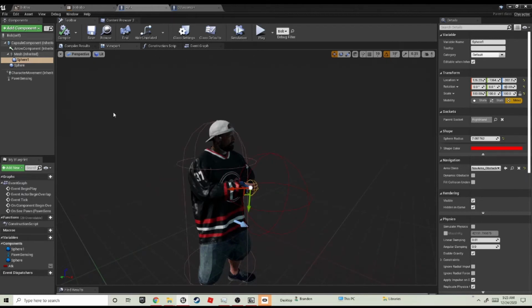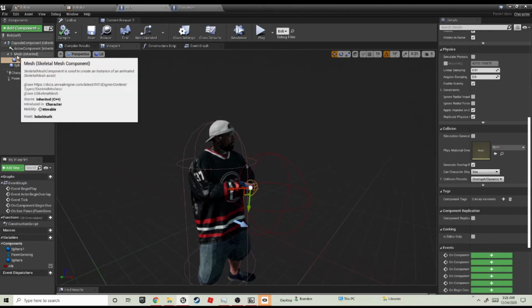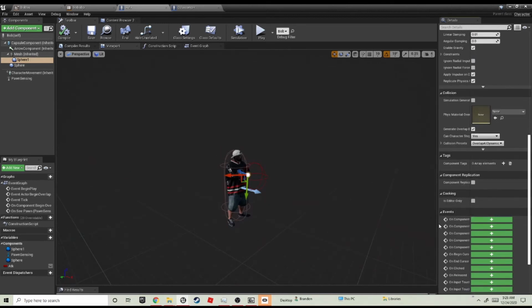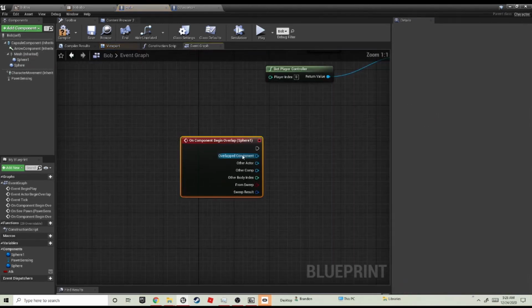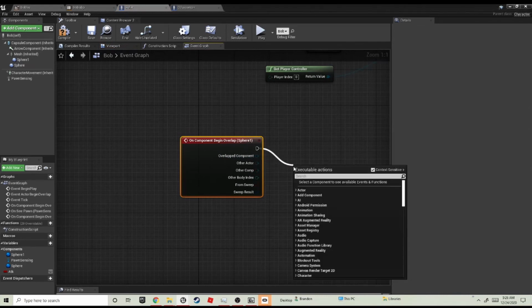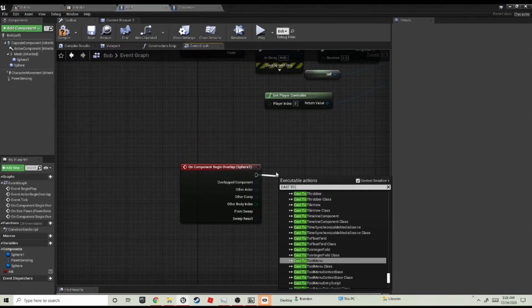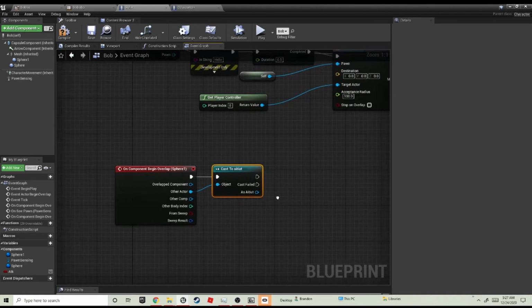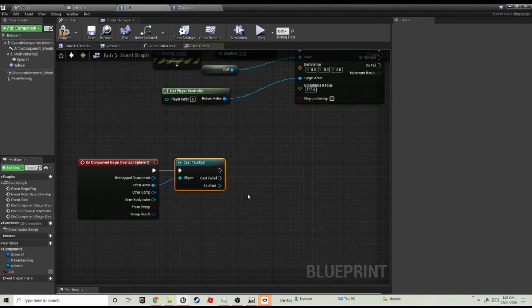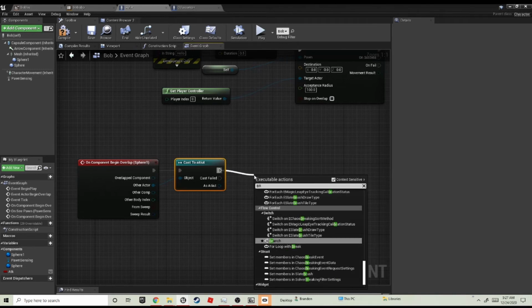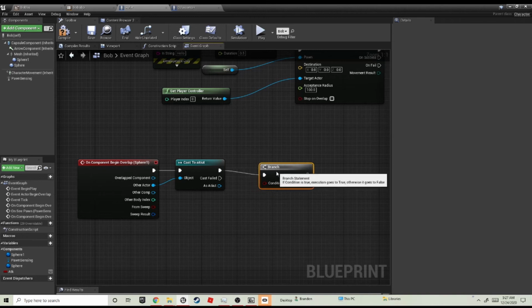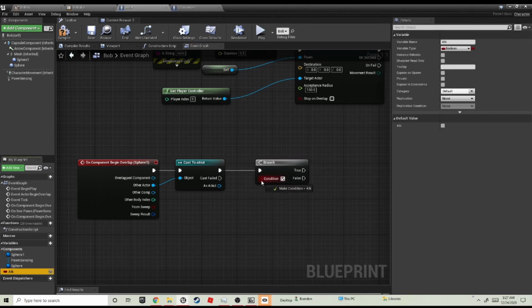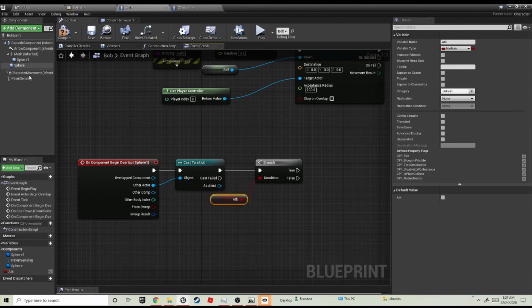So yeah, off this attack then, off this sphere, we're going to do On Begin Overlap. We're going to cast to our zombie, our AI zombie. It'll be our other actor. Now we want to have a branch. We want to set our attacking because we don't want this sphere collision to just constantly cause health being taken